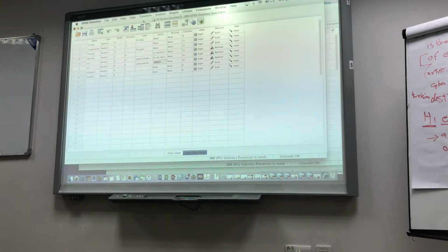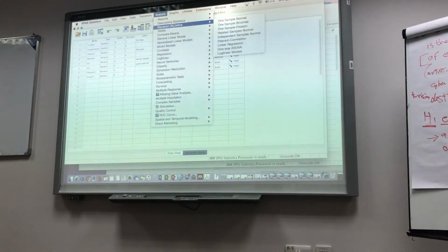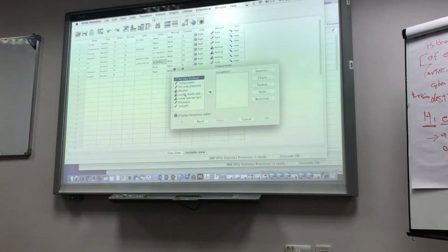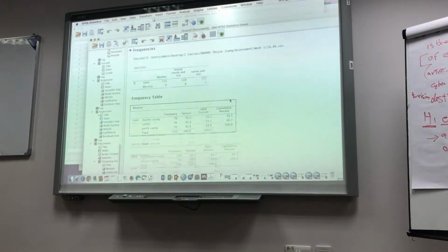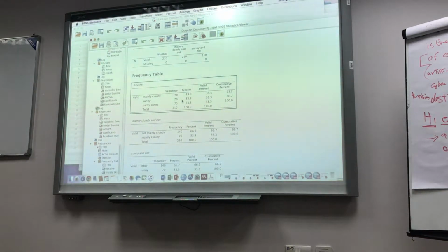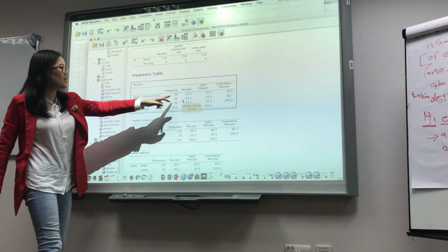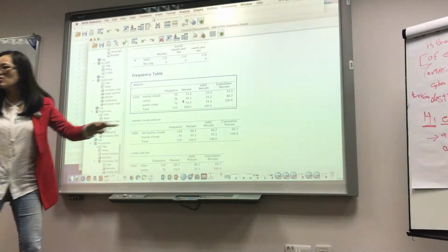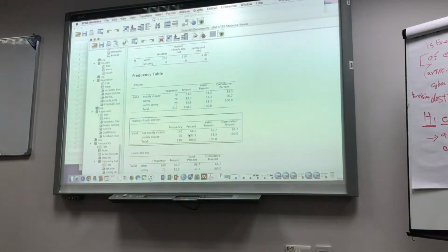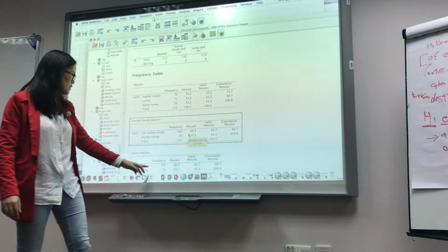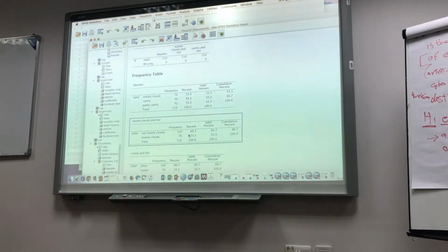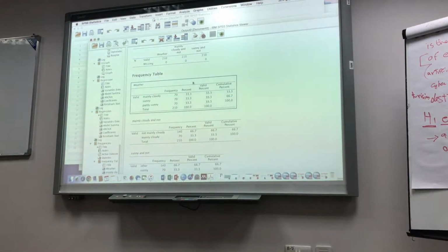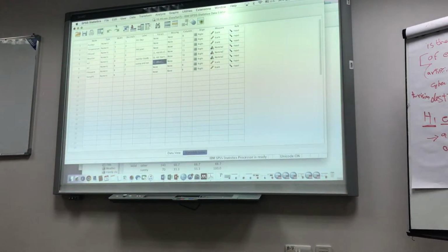And once you finish those recodings, you should always go to analyze and frequencies and check if the new variables are correct or not. So I put these 3 variables in and double check. You can see this is the original weather variable, and each category has 33%. And then the new variables: for the mainly cloudy, 33%, and for the sunny, also 33%. The rest are the last category. So each category is 33%, which means the recoding process is correct, no problem.